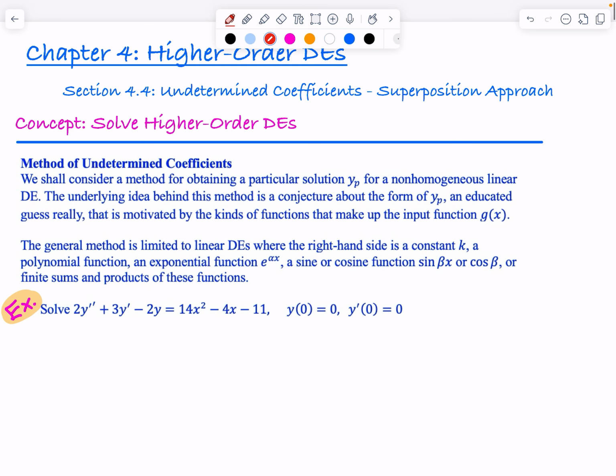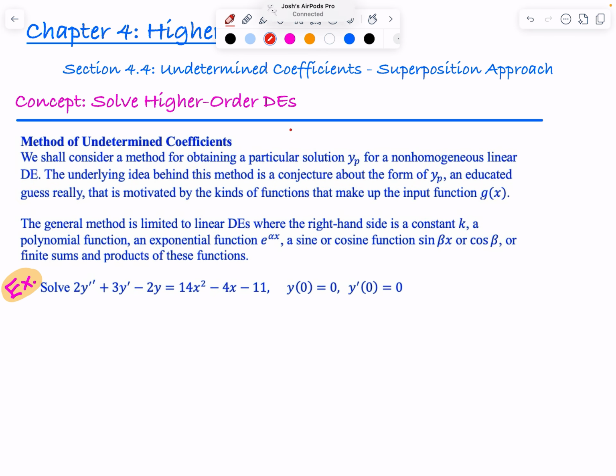In this video, we'll begin our discussion of section 4.4. This is called undetermined coefficients. It's a superposition approach, so we'll find a solution to the homogeneous case, and then we'll find a particular solution and put them together. We discussed this in section 4.1, that